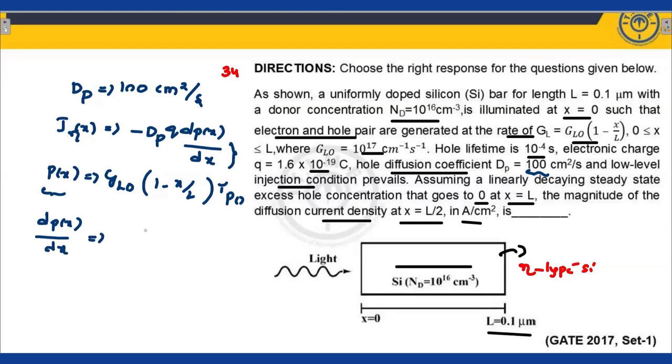So it becomes GLO into minus 1 by L into tau PO. Tau PO, my dear students, you are getting over here, which is equal to, very, very important,